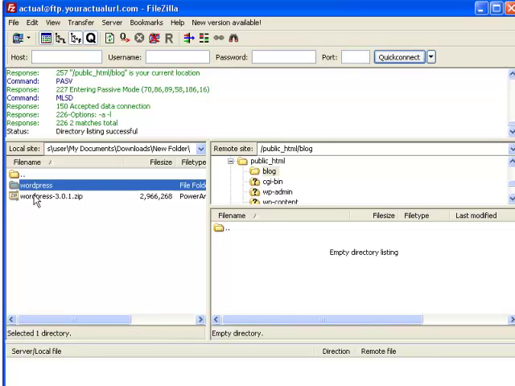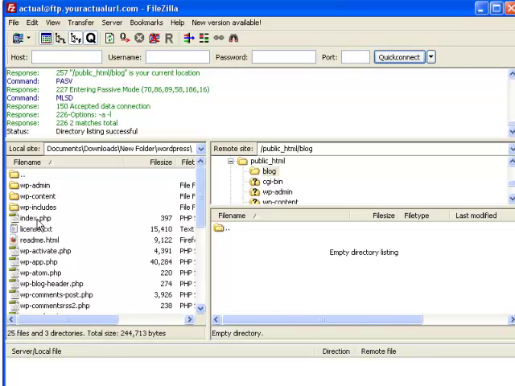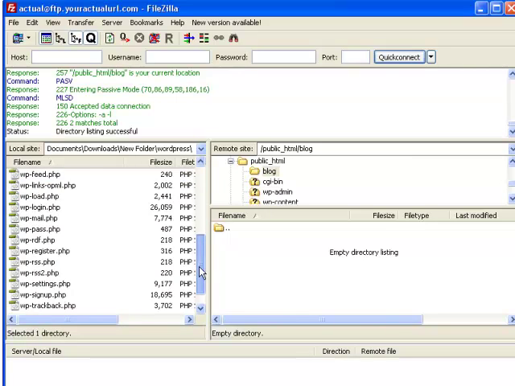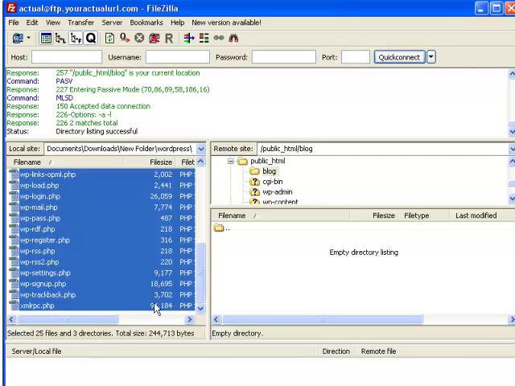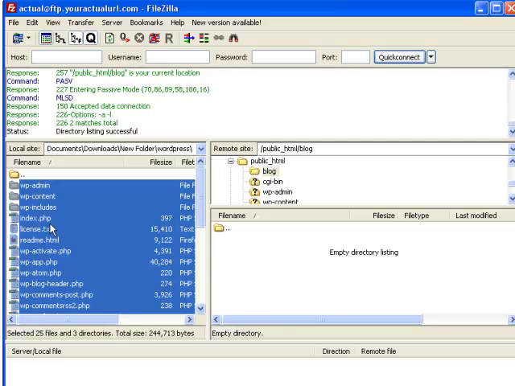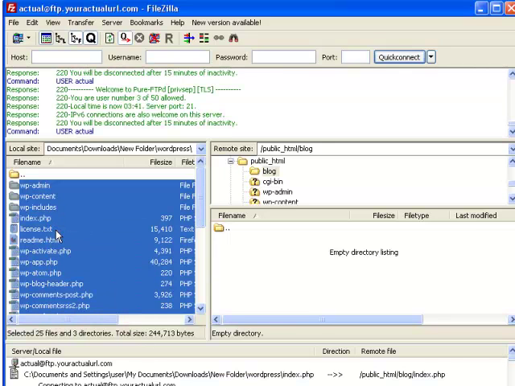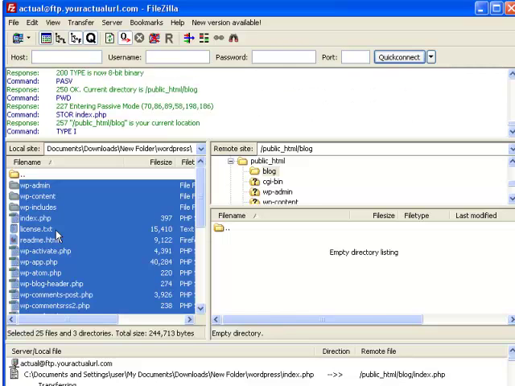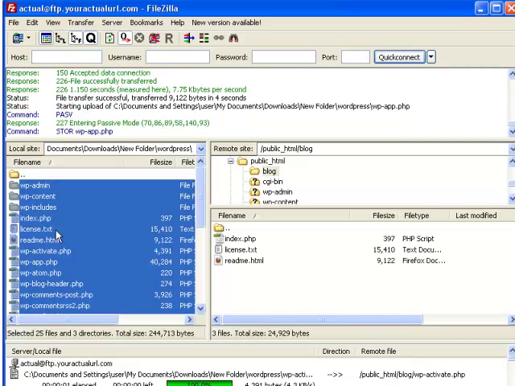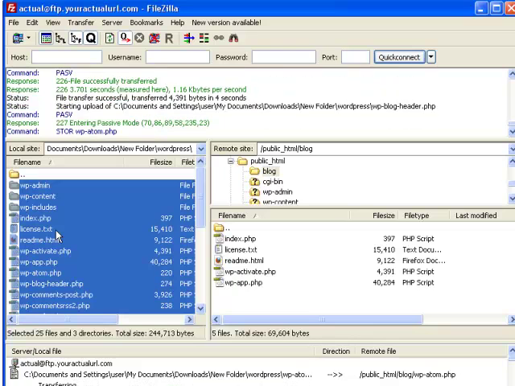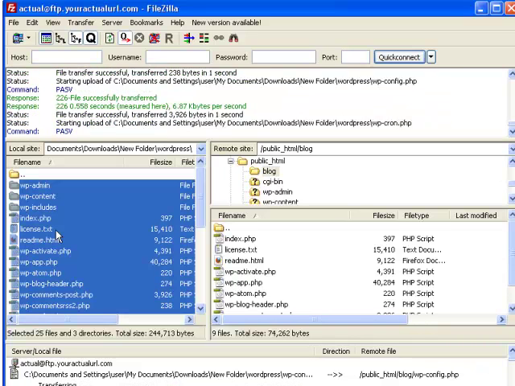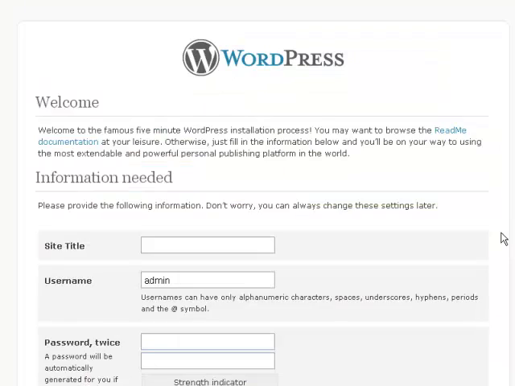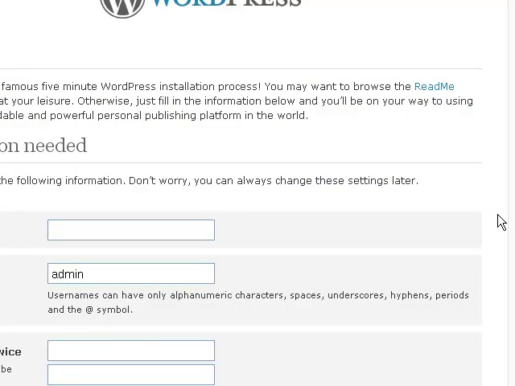So make sure you upload only the files that are inside the WordPress folder. Do not upload the entire WordPress folder. So I'm going to click through and select all the files here, okay? And then I'm going to right-click, and then I'm going to upload. This process may take a little while, and while all the files are being uploaded, make sure that you do not disconnect your internet connection or close the FTP application. Once all the files have been uploaded via FTP to your web hosting account,